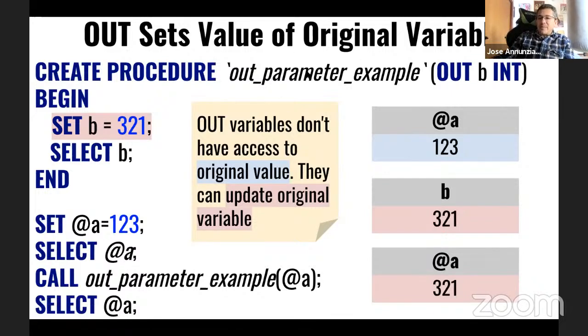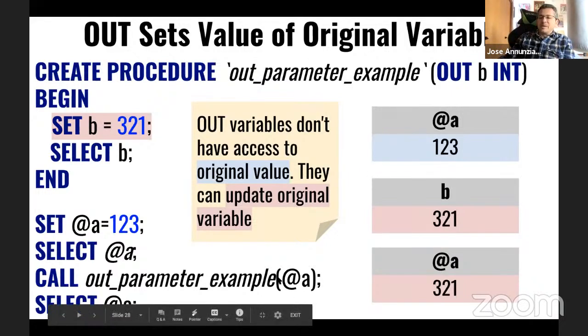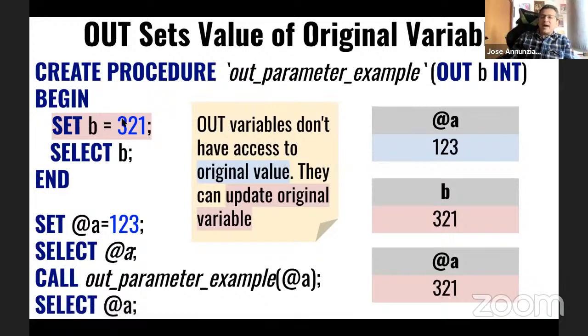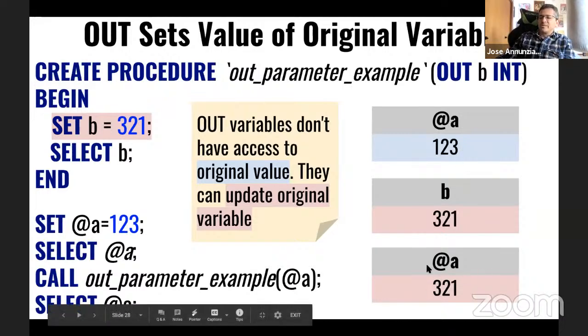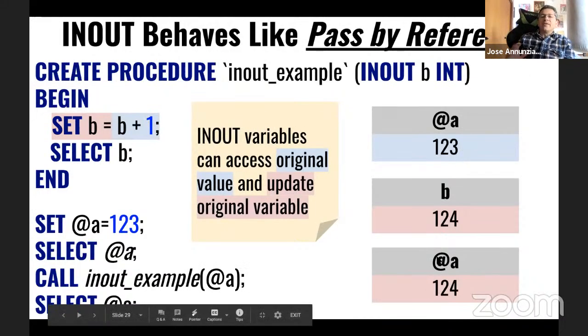But from within the procedure, I could never have seen any value that you have passed me, right? Even though you passed me 1, 2, 3, internally, I don't even know that the original value of B was 1, 2, 3. It's only meant for me to send you back a value. Okay, so notice that indeed A has changed from 1, 2, 3 to 3, 2, 1. And finally,